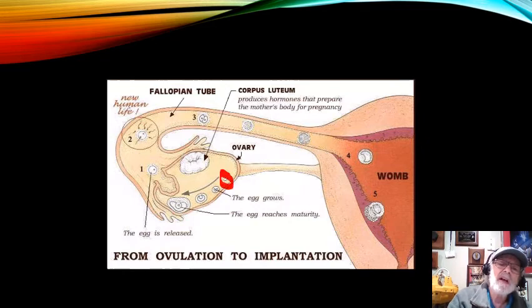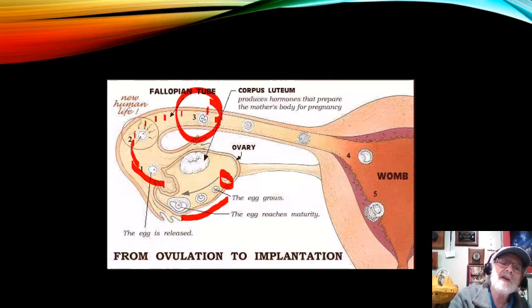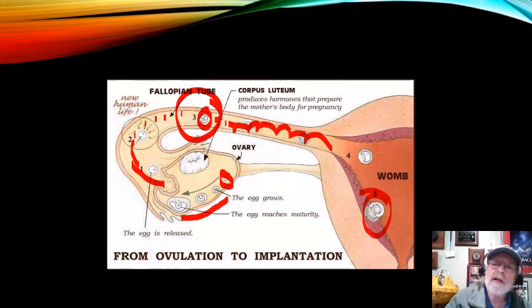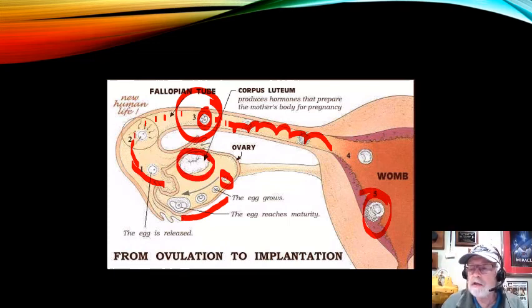Here's a small ovarian follicle. It starts to grow, and it's extruded out. Okay, and you can see that ovum starting to go down and work its way down the area of the fallopian tube, meets a spermatozoa somewhere in here, and now you see a zygote. It's right there. That zygote tumbles on down the wall, finally comes down and implants up here near the area of the uterine horn. Okay, and what happens is this area right here, that's that corpus luteum that will secrete that progesterone to make the wall better, more glandular. Okay, so that's from ovulation to implantation, like we talked about before. So that's a little bit about that stuff.